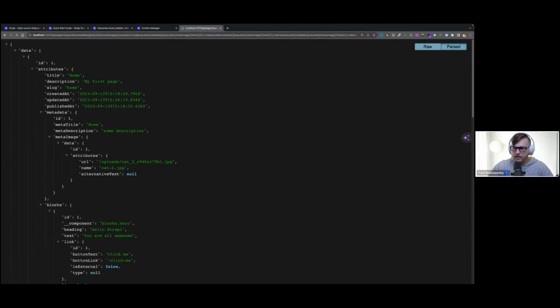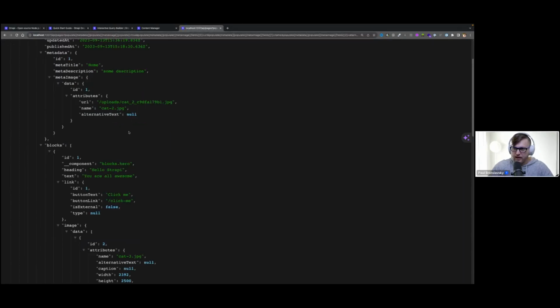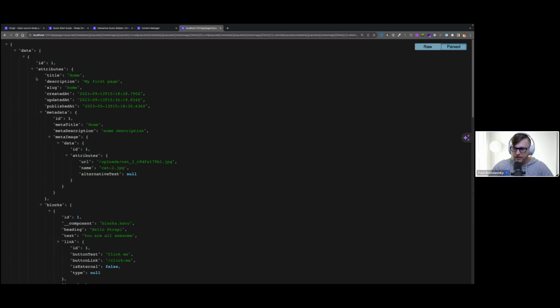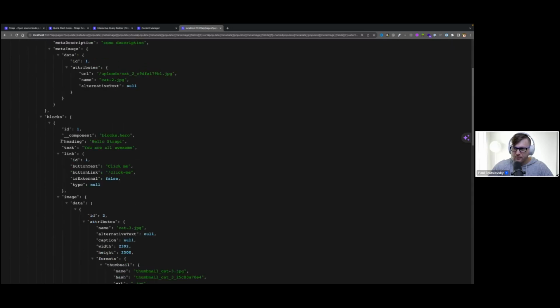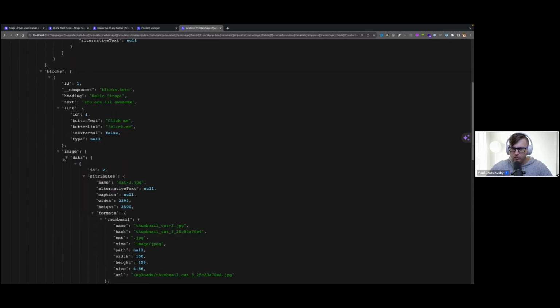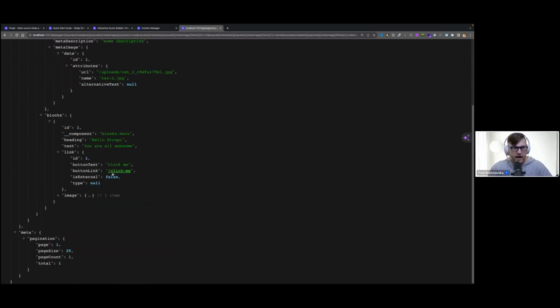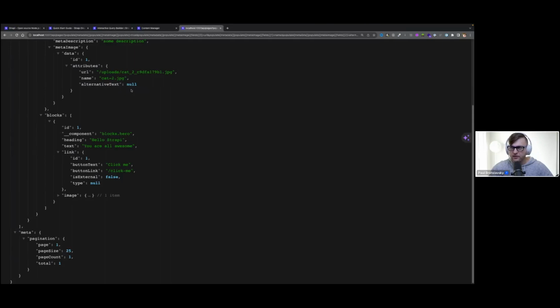And notice how we're now able to get all the data for that page. We're getting our blocks, we're getting our heading, text, our link component, and our image component, which is pretty awesome. So now I just want to be mindful of the time. And before finishing up the other components, I want to touch on some of the other things that I wanted